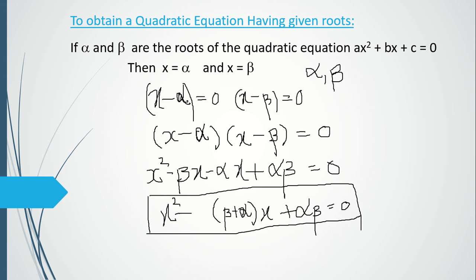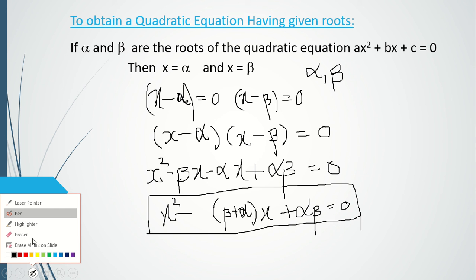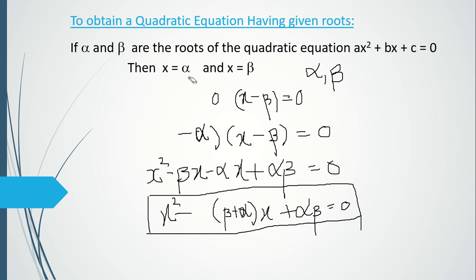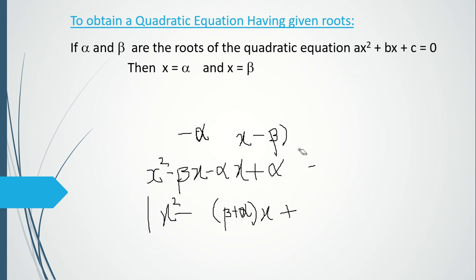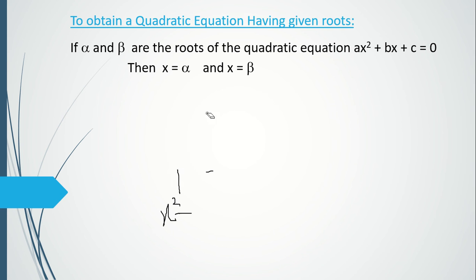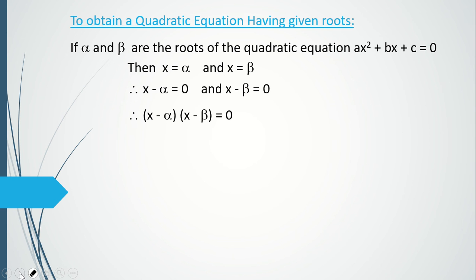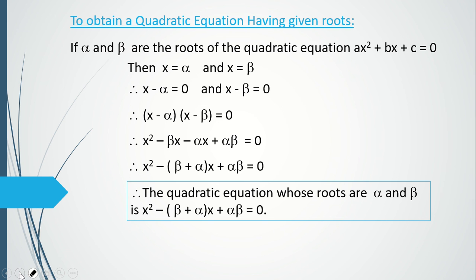Whenever you are given roots, and from the roots you are asked to derive a quadratic equation, you have to use this formula to get it. Okay, so far we have learned all the formulae. Quickly we will get started with the practice set, and we will apply those formulas now in order to solve the sums. See here, this is how we derived the formula. The quadratic equation whose roots are alpha and beta is given by this formula.